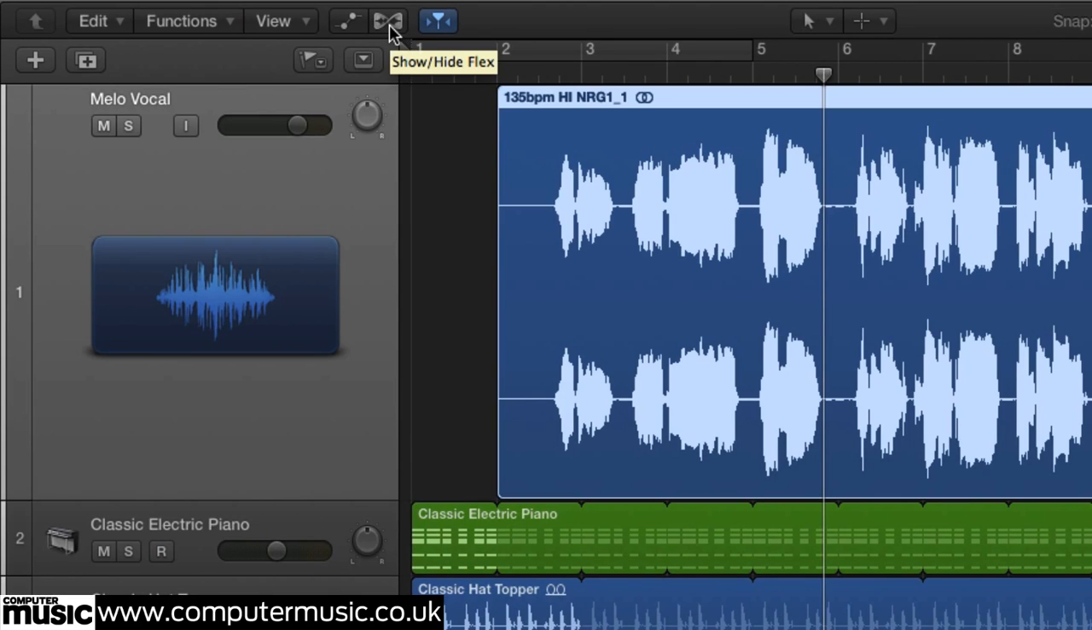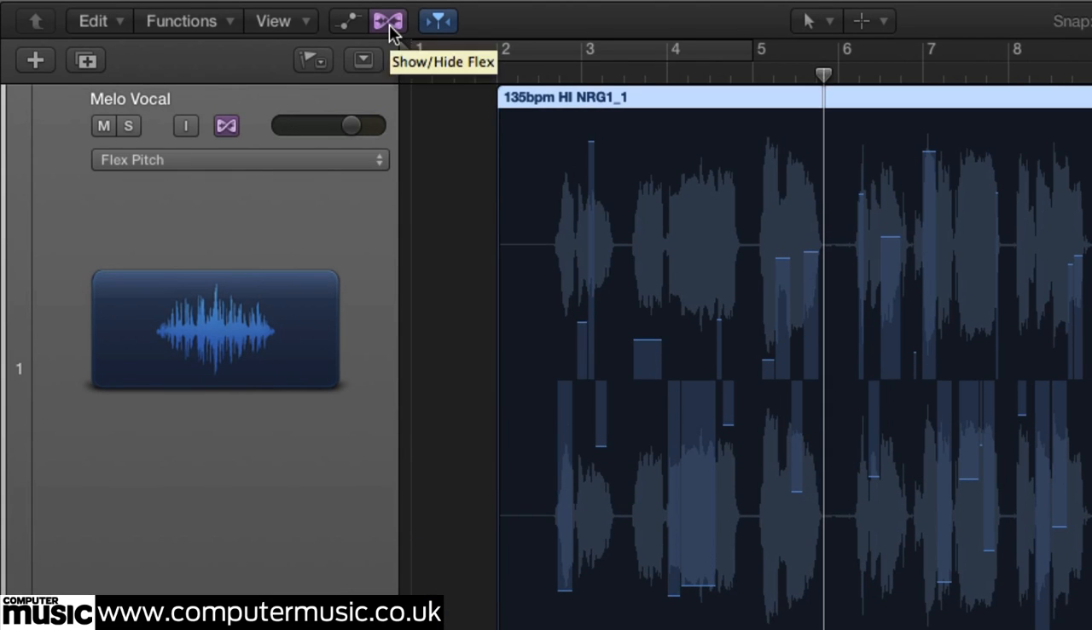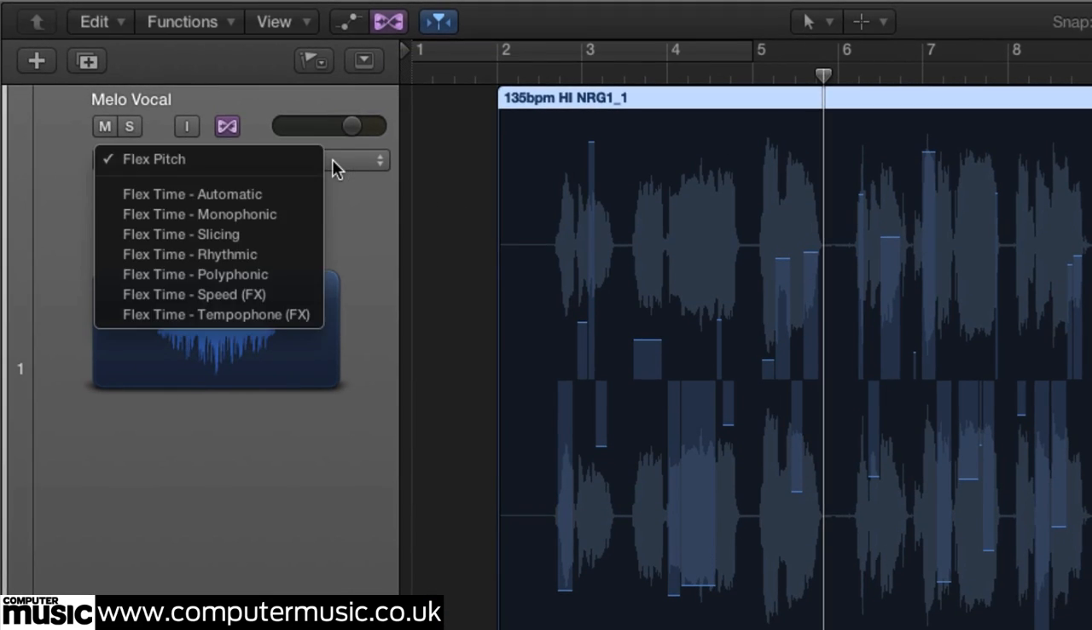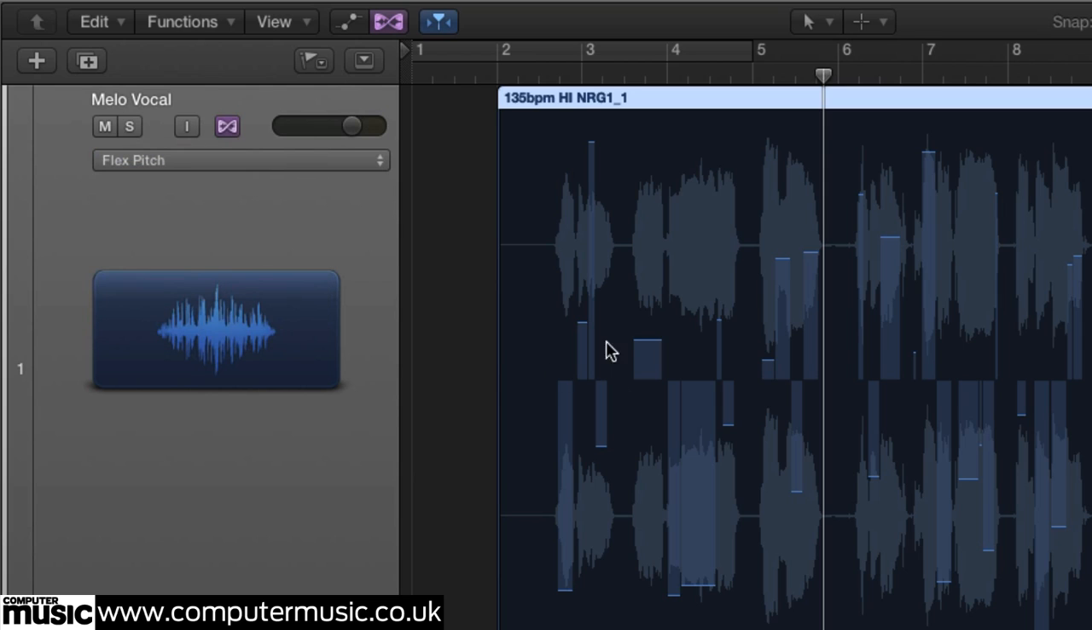A basic form of Flex Pitch can be used directly in the tracks by clicking on the Flex Pitch icon above the track area. And here, make sure to select the Flex Pitch mode instead of one of the Flex Time modes. And now you can adjust the note pitch directly using the bars, and the vertical position of these indicates how far off of a perfect pitch that the notes are. You can see here these ones are quite far off pitch, they're very flat, so if we drag them back up,